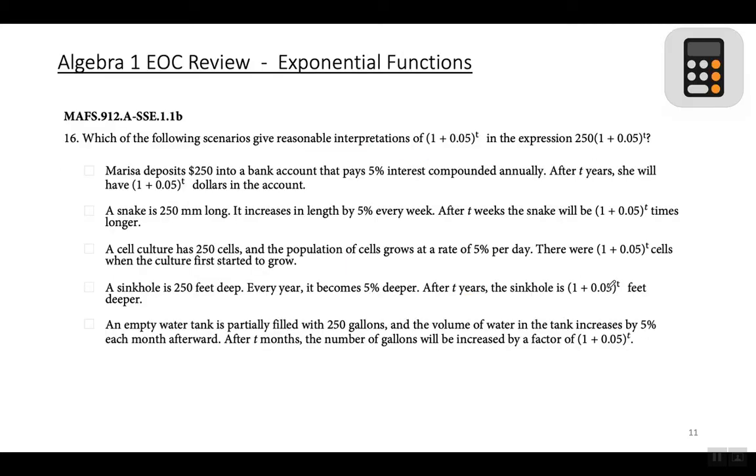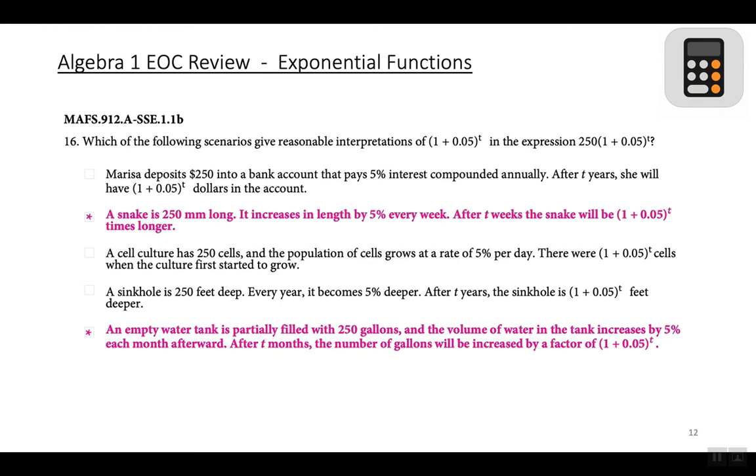All right, so now we're into the examples of the type of questions that are on the Algebra 1 EOC. It says, which of the following scenarios gives reasonable interpretations of what 1 plus 0.05 to the t power in that expression means? Okay, so look at the different answer choices